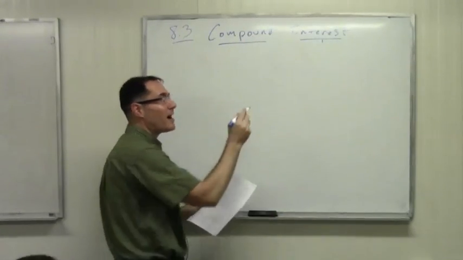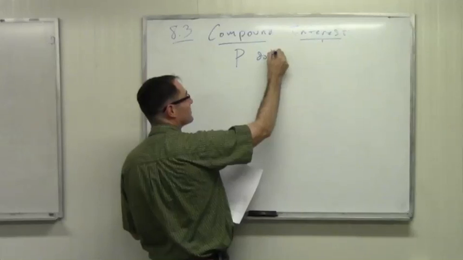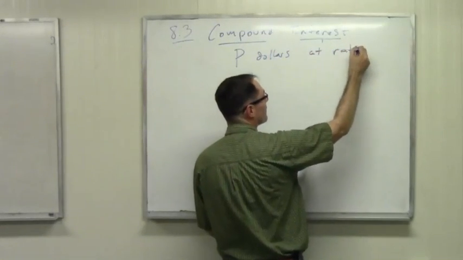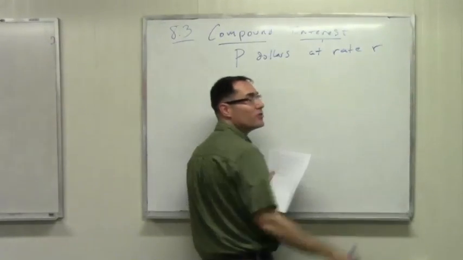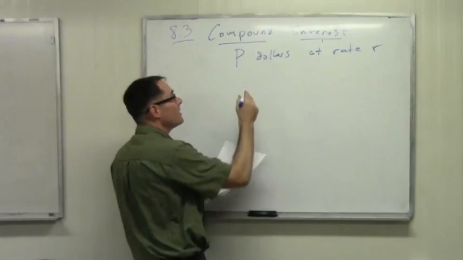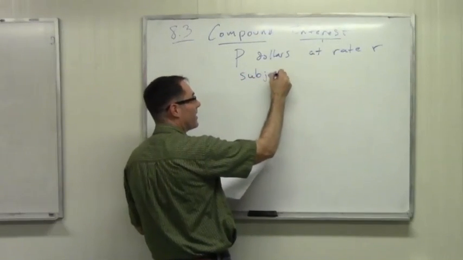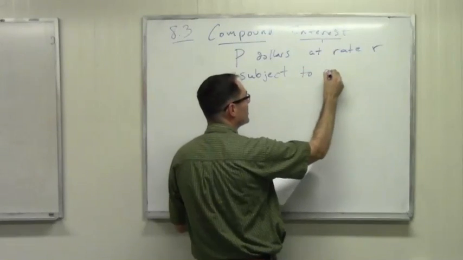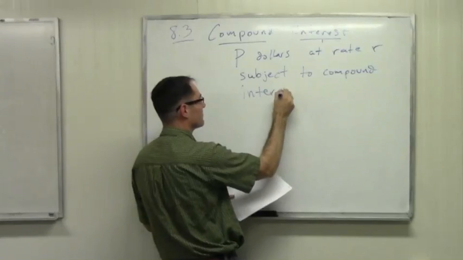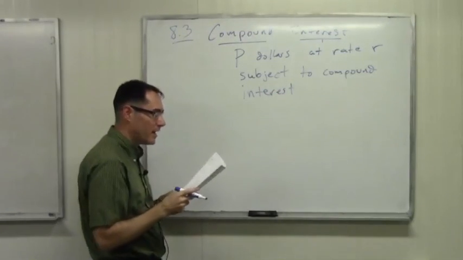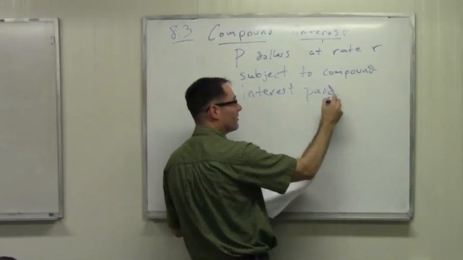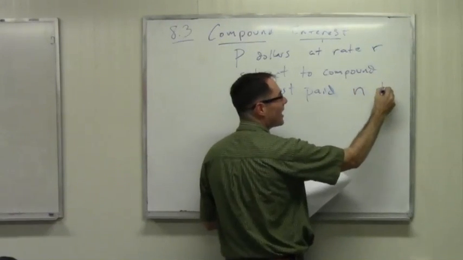If you deposit P dollars at a rate R, and remember, R is a yearly rate, don't forget that, subject to compound interest paid n times per year,